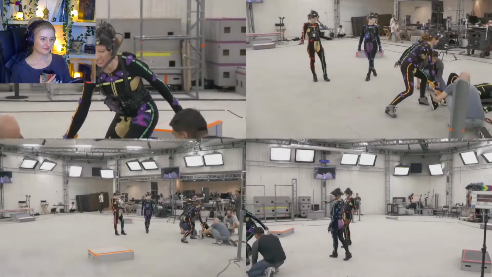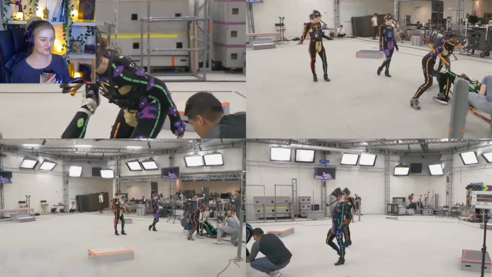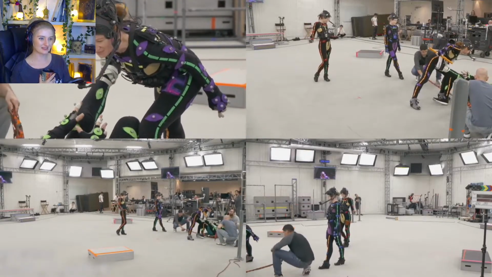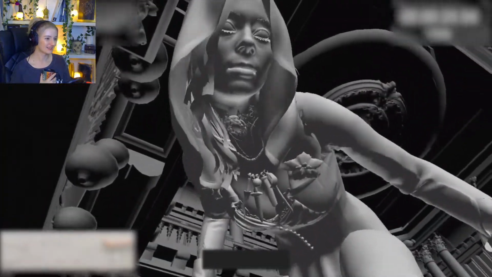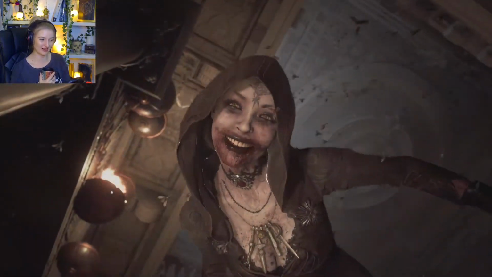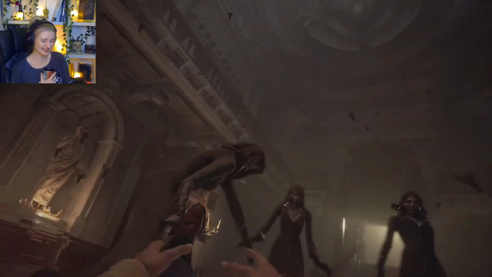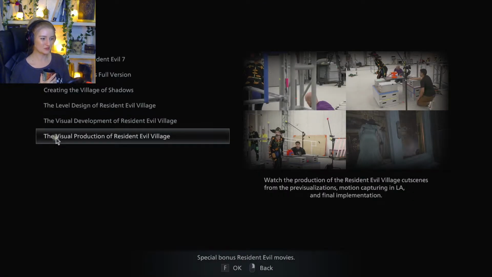No, wait! Oh, it was the dragging scene, right? Where they stab his legs. Blood. I didn't realize they actually dragged the poor man across the floor. Did the actor who played Ethan Winters have to actually be strung up and dragged around? This poor man. Okay, so that was actually a lot shorter than I thought it was going to be.